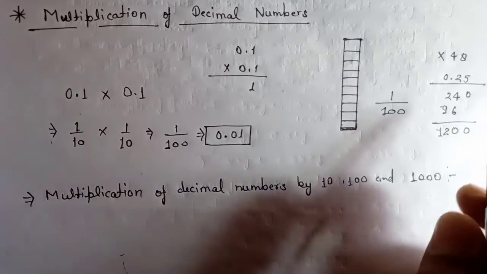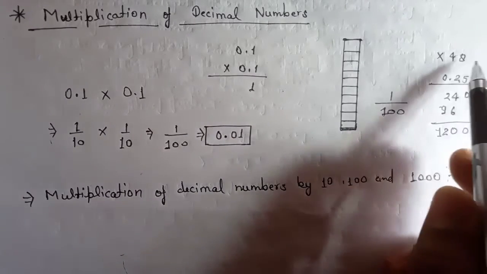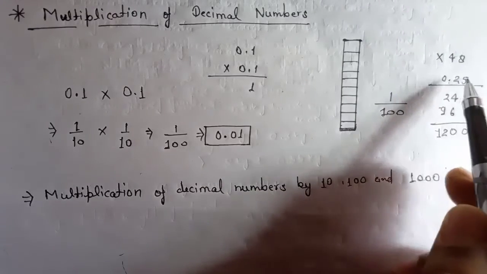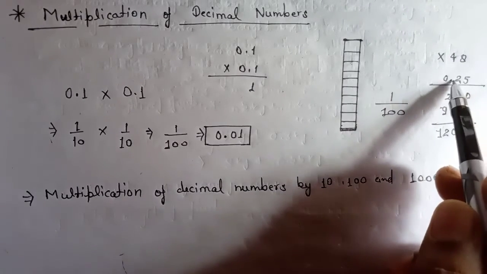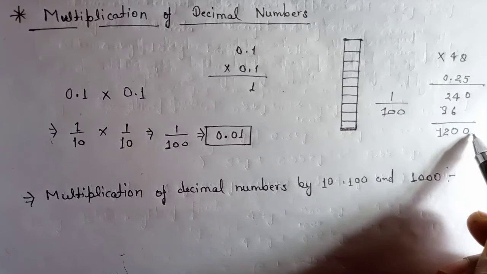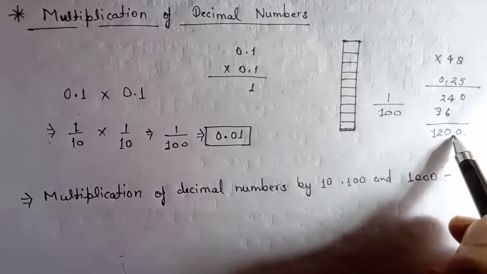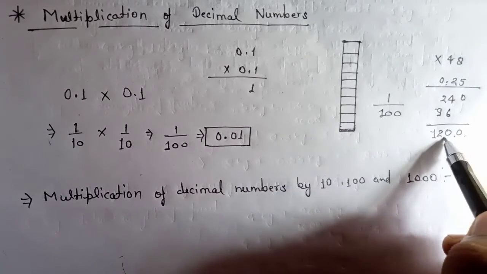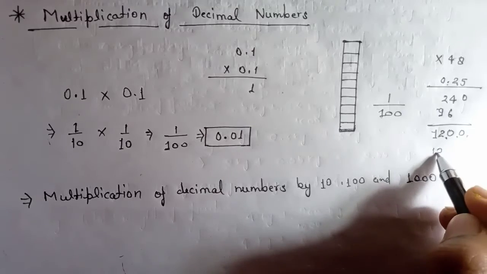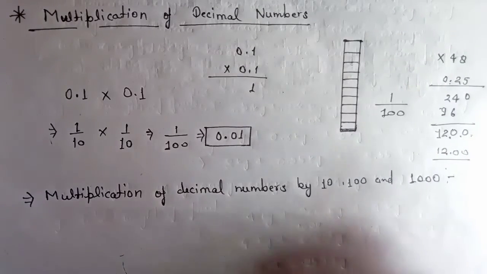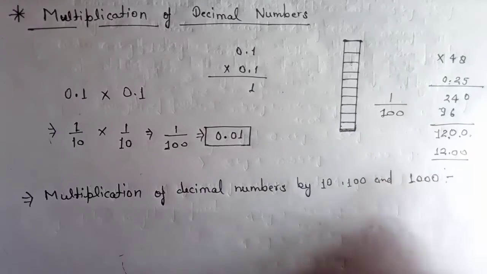You can count here. There is a decimal point here in the question, but in the product the decimal point is not given. So after the decimal point there are two digits. Count 1 and 2, and from the right of the digits, count 1, 2, and place your decimal sign here. This is the multiplication of your digits, 12 and 0, 12.0.